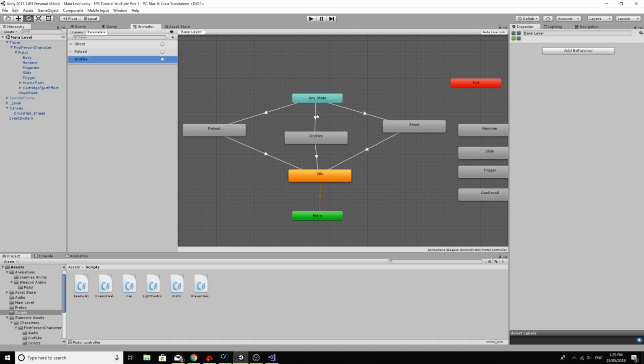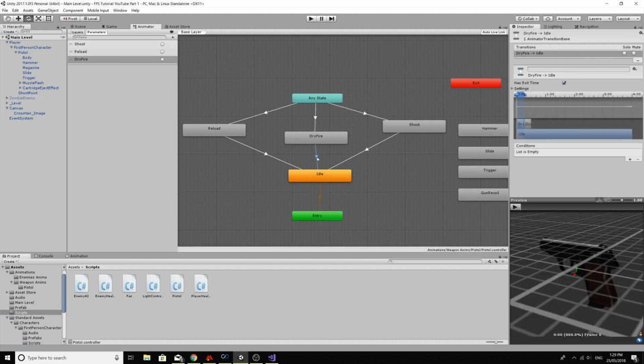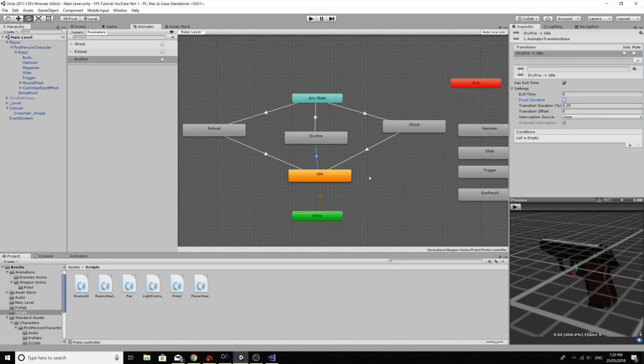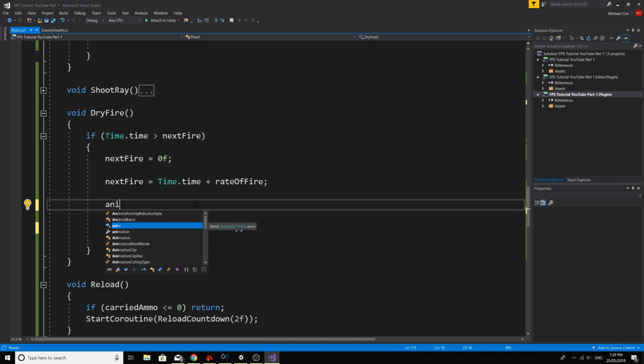Dry fire. And make sure the transition is dry fire, and then in our settings for exit time we'll just turn off fixed duration like we did for the rest. And now we can go back into our script, and we can say anim dot set trigger dry fire,